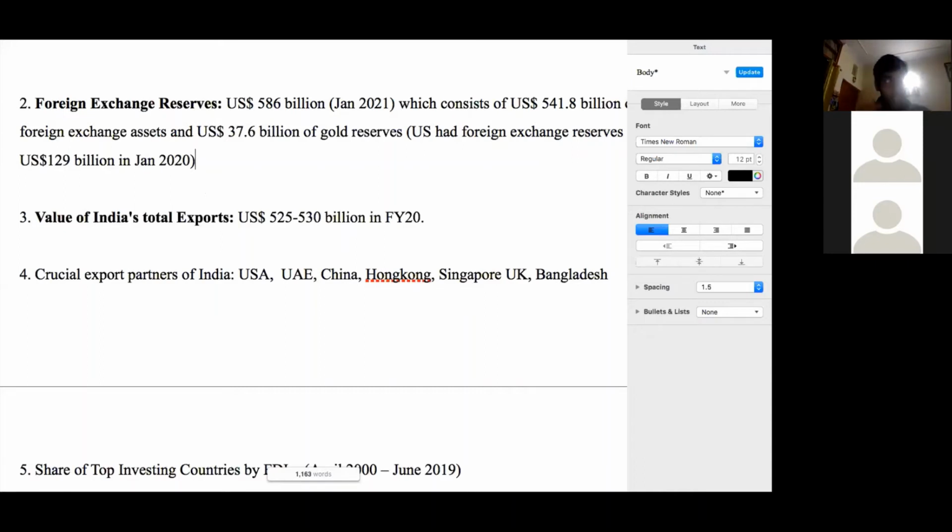The US had foreign exchange reserves of US$129 billion in January 2020, which is much lower than India's, because, as we have discussed, the United States' own currency is the world's reserve currency. So they do not need to hold a lot of foreign currencies. But still, because the US has to make payments to a lot of foreigners who have businesses going on, in terms of interest payments, in terms of revenues taken out by foreign companies that have invested, or other export or import related payments, the United States also often holds foreign currencies as well.